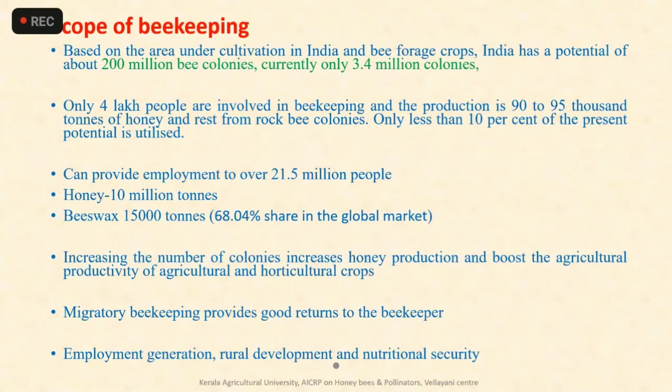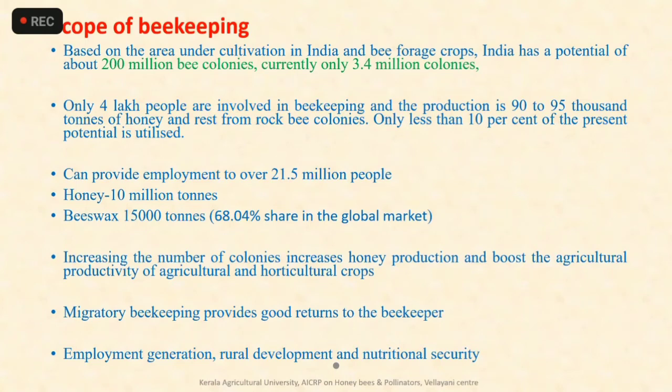So by increasing beekeeping, with more people coming into this field, we can provide employment and produce honey of 10 million tons. And even when we talk about beeswax, we have only a 4% share in the global market, but still we can produce more beeswax, about 15,000 tons. The main thing is that we can increase the number of colonies and the honey production, as well as boost the agricultural as well as horticultural